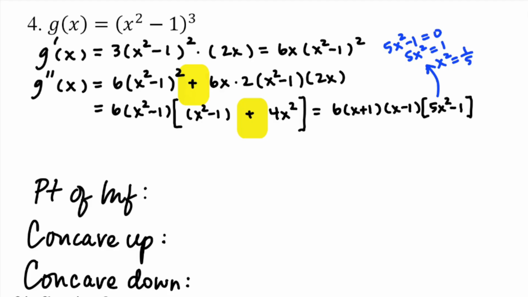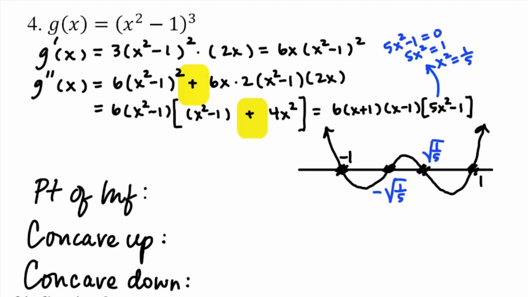Okay, well, the graph of this thing is going to be a 4th degree polynomial with a positive leading coefficient. I could sketch that. So there it is. And then I could figure out the points of inflection. It's going to be all of them. So it's going to be, let's see, x equaling -1, negative square root of a fifth, which is the same as 1 over the square root of 5, positive 1 over the square root of 5, and positive 1. Okay, concave up would be